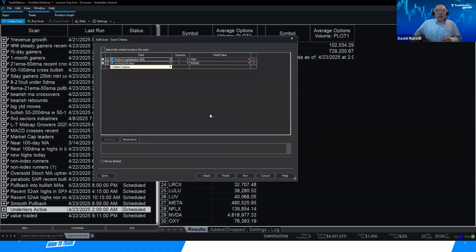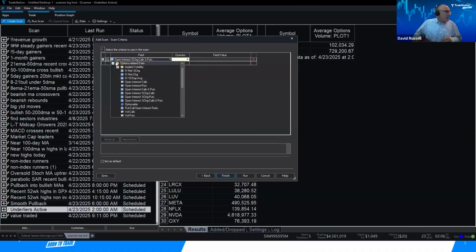Okay. Now there's a few different things here that are going to be criteria that we add. The first thing we're going to do, I'm going to remove these because I have mine set up as default. So the first thing we're going to do is go to select criteria. One second. My computer is suddenly, there we go. All right, here we go. We're going to go down. I'm going to remove that. My computer had a little brain freeze, but anyway, we're going to go down to indicator,